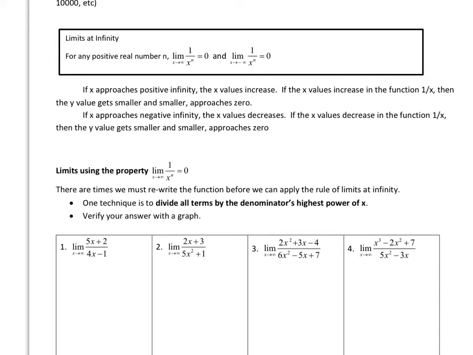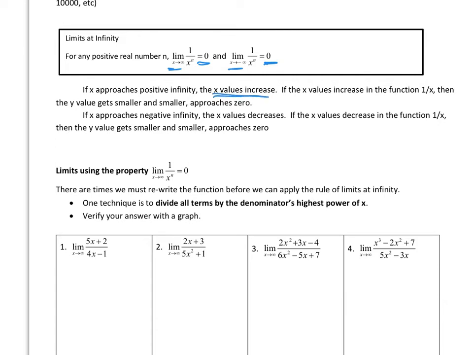All right, so this is just a little wrap up of Monday's lesson on limits to infinity. And as we saw, we have x headed to infinity, and if it is a rational function, 1 over x, the limit is 0. And if it heads to negative infinity, 1 over x is also 0. And the way you can think about this, as the